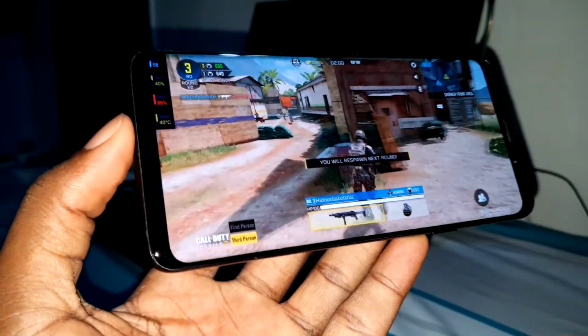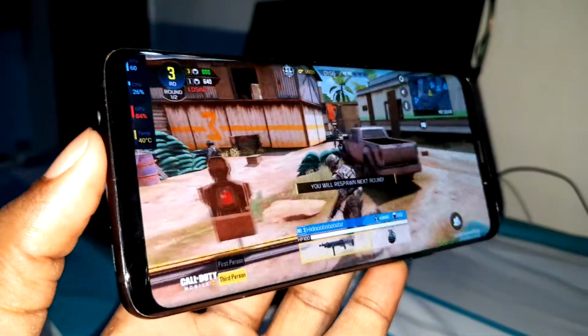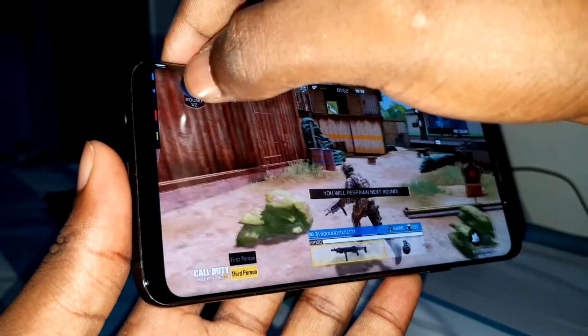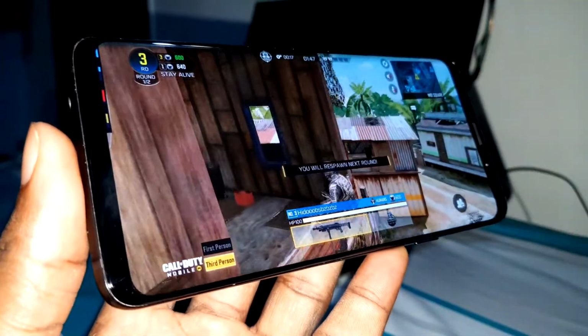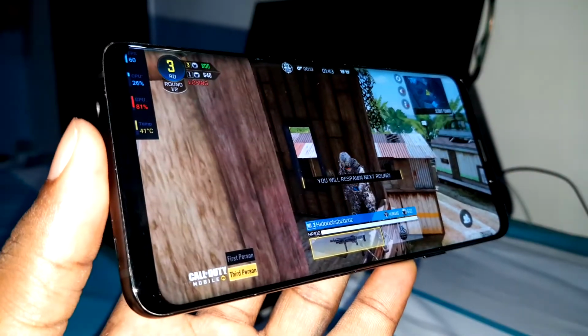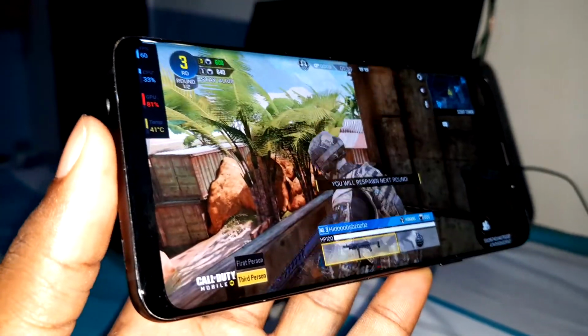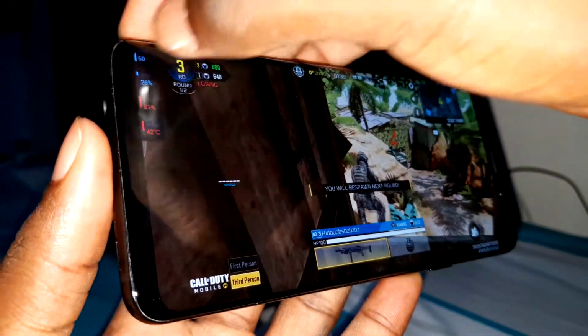I don't know what this game is, but I can see the FPS here. Temperature is beautiful. Wow. Look at my setting very well. When you press on this, you can see it's hidden. When you press again, it appears. When you press again, it's hidden by yourself.